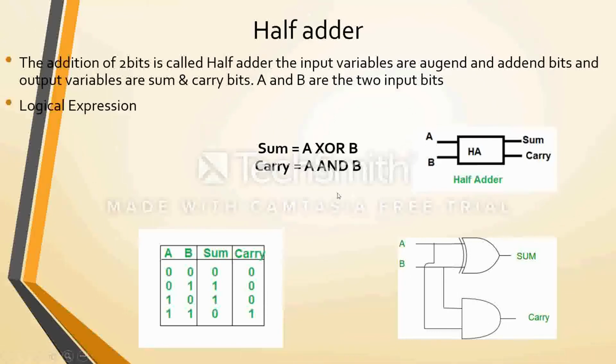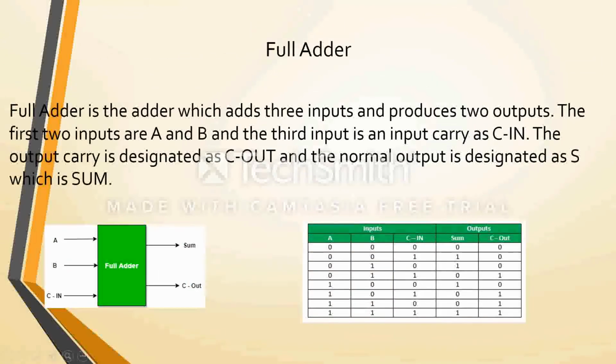From these expressions we have obtained this sum and carry for the half adder. Remember, half adder means there are only 2 inputs and 2 outputs produced. Then what is the difference between half adder and full adder? We'll see that. Your full adder looks like this. What is the difference? A and B as well as C in. There are 3 inputs and 2 outputs, sum and carry out. So what makes it different from the half adder? Here along with the 2 inputs, it takes care of the carry generated from the previous bits also.